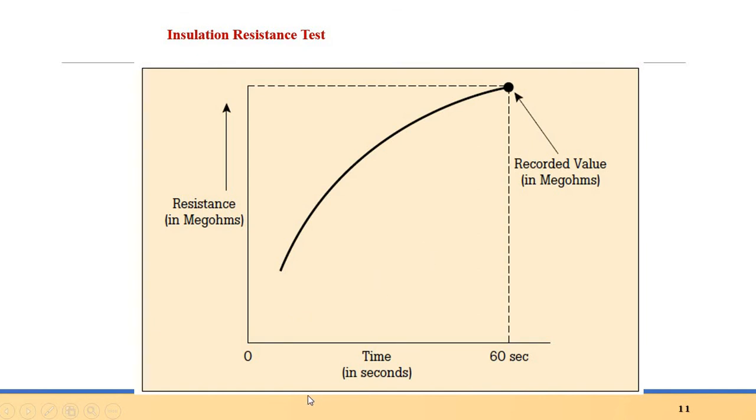Then we have to start the switch. Switch on, and you will find that the pointer or the digits continuously change and go to some final position. Though we say that this is the final position, if the supply is continued, this curve can increase further. So this is the value of insulation resistance at 60 seconds. After 1 minute we measure the insulation resistance; that will be the correct value.